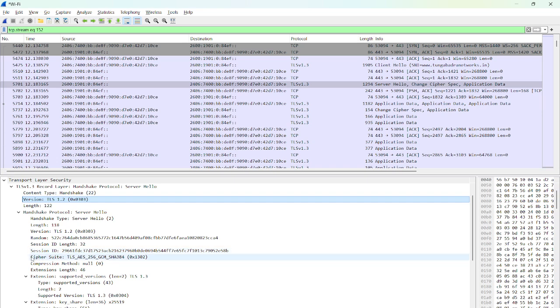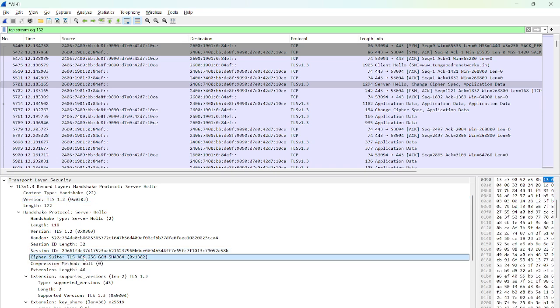See here, in the client hello we see 16 cipher suites. Among those 16, the server is going to select only one cipher suite that it supports.